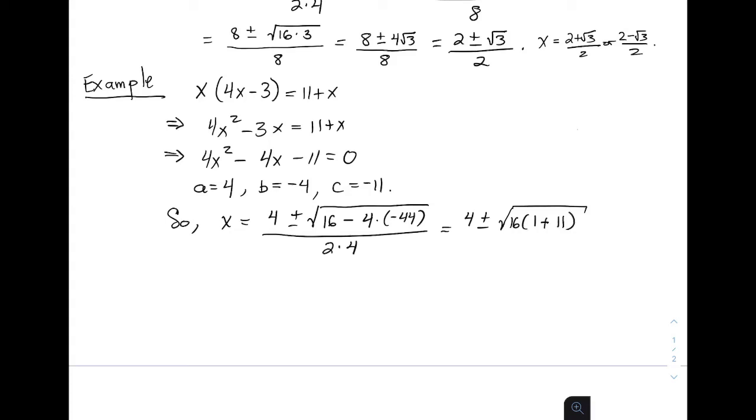We end up with 1 plus 11 over 2 times 4,